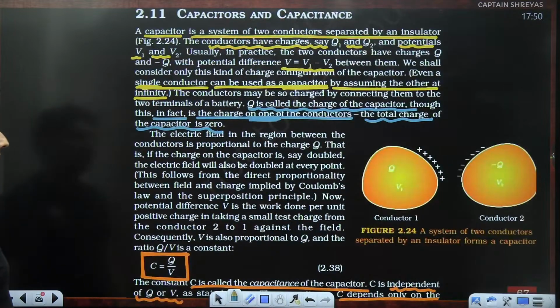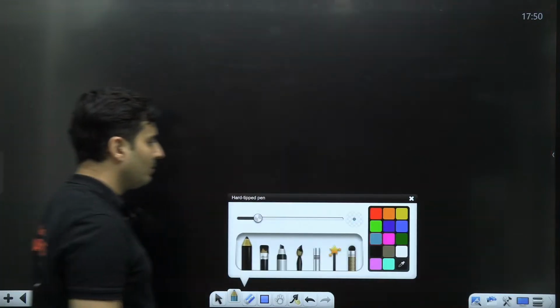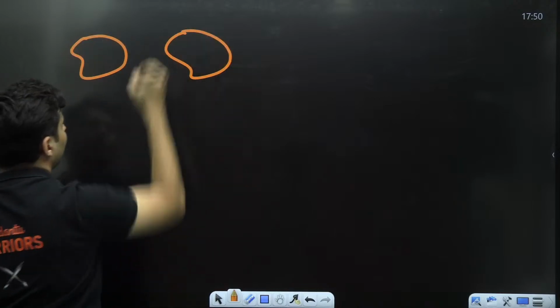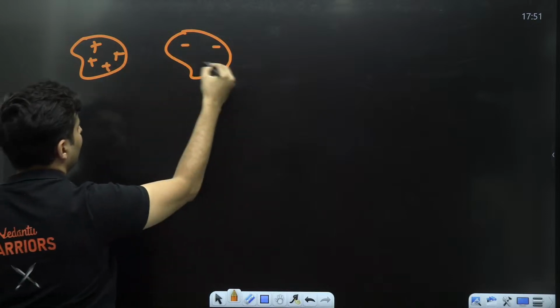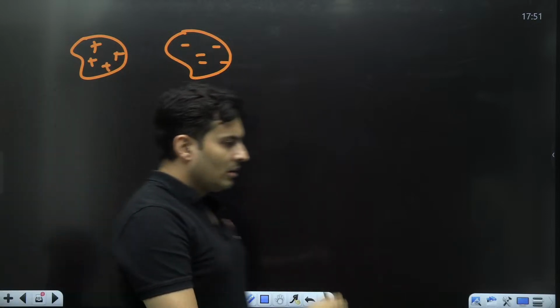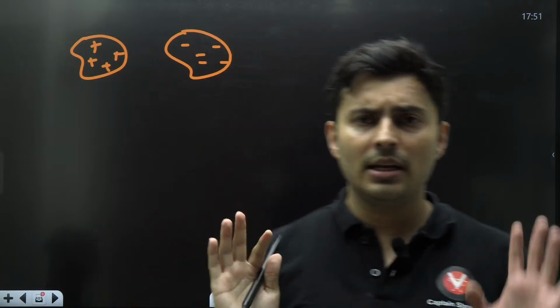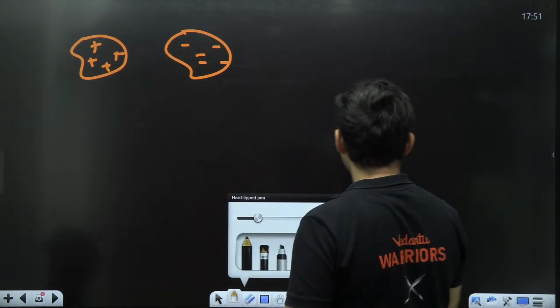Okay, so let's understand what they mean over here by simple diagrams. Imagine I take a conductor and another conductor. Imagine one conductor is positively charged, another is negatively charged. Positive will have higher potential, negative will have lower potential. Agree, disagree, yes or no? This is just like saying,